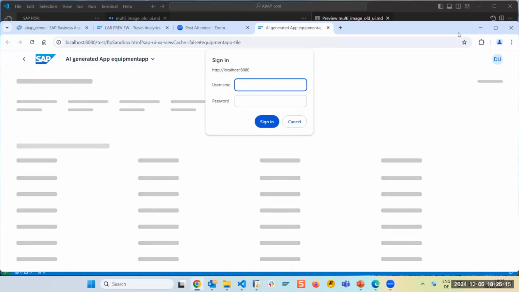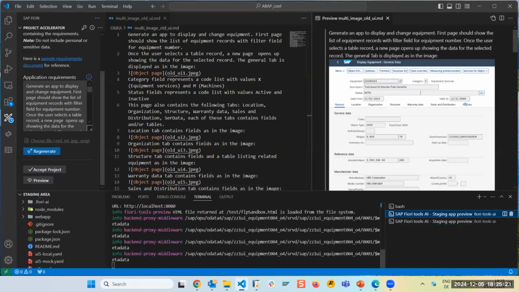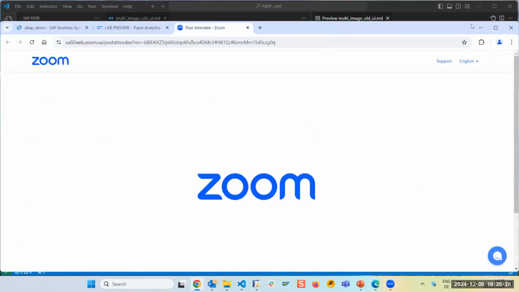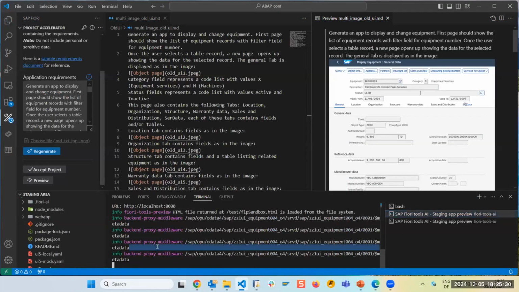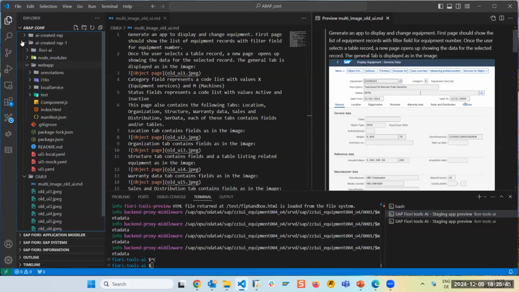That's not good. Let me try something. Okay, did it open? The other one is opened. Okay, let me try it again. It should hopefully be fast. Let's go and preview again. I can also open the app directly.